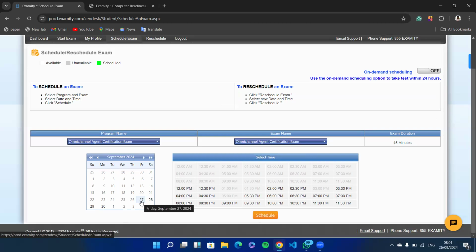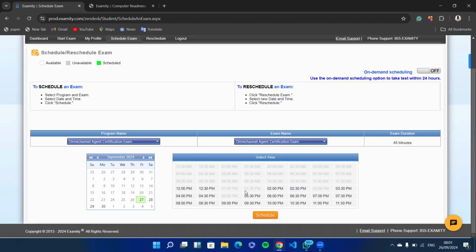Yes. So if you come to 27th of September, you realize something very strange. From 12 o'clock to 11:30 is grayed out. 1 p.m. is grayed out, 1:30 is grayed out, 3 o'clock is grayed out, 5 o'clock is grayed out. Now, what you need to understand here is this time has already been chosen by different people to write these exams, right? But let's assume that for a weird reason, you want to write this exam on the 27th, which